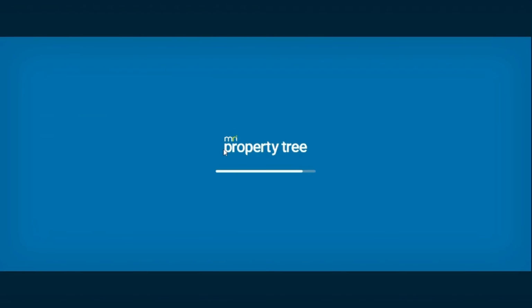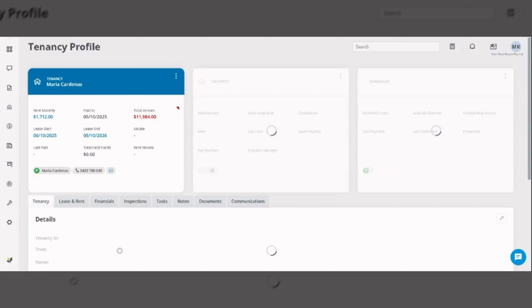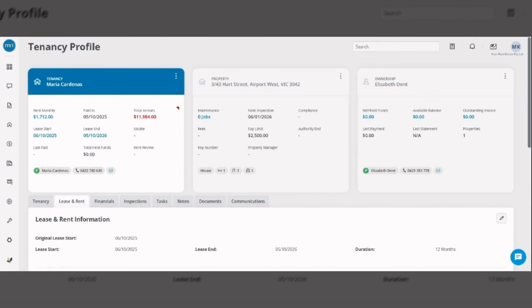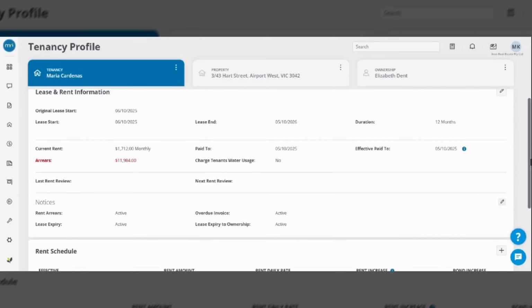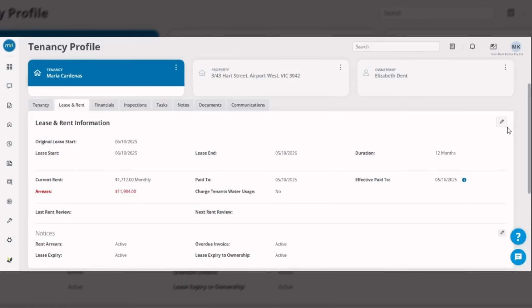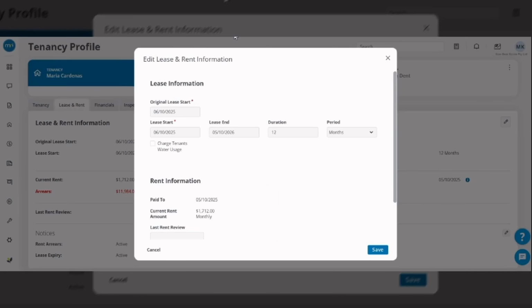Now, if I added a backdated tenancy, it is showing me in arrears. So I need to update the paid to date in here. For example, if I have the ledger, I can see they have paid to 5th of May. So I can update it here.